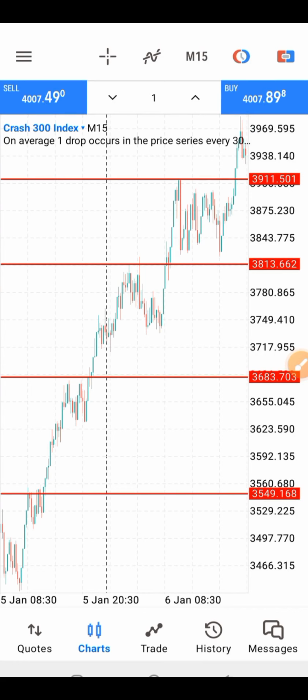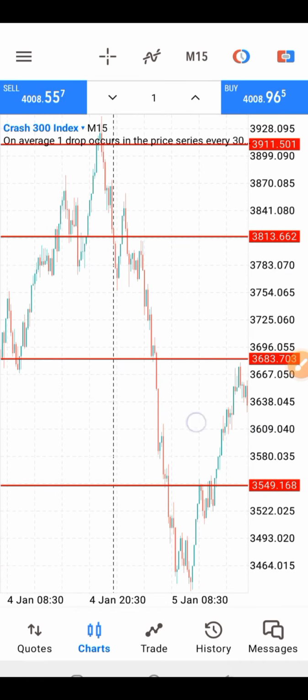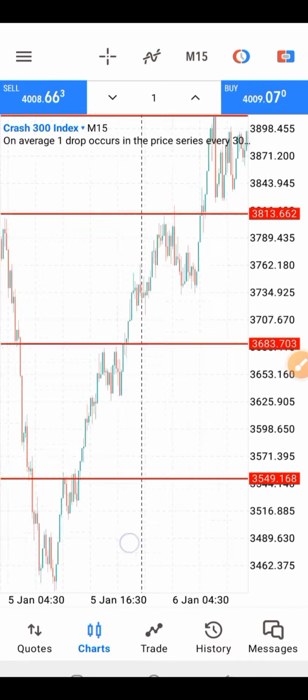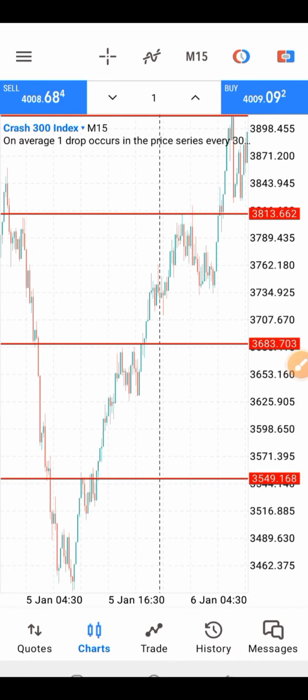So guys, in this video I want to give you the simple strategy to trade Crash 300. Based on popular demand on Crash 300, a perfect strategy that I've seen so far on how to trade Crash 300. This carries no indicators, you don't need any indicators, it's just market structure and price action knowledge, you understand? So you can see on my screen that you can see some horizontal lines. So those are the things you need. So I'm going to delete everything and explain in detail how you can use a strategy to make money trading